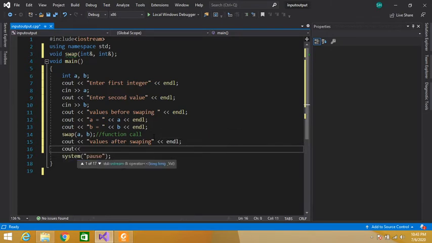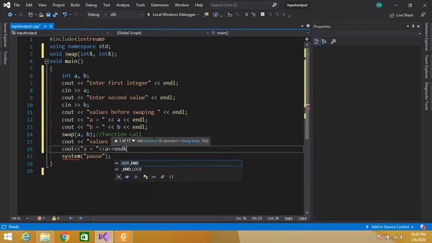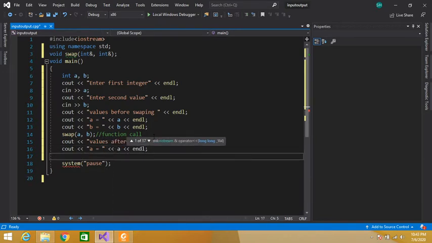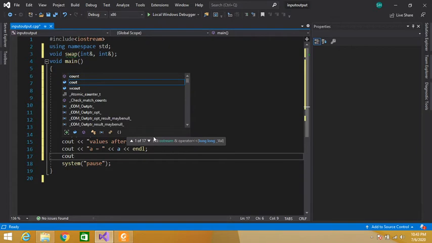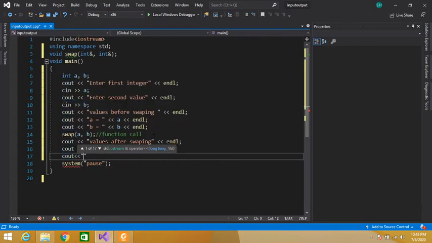First we will display the value of a after swapping, a, and then we will display the value of b, the value that is contained in b, end of line. So values before swapping and values after swapping.